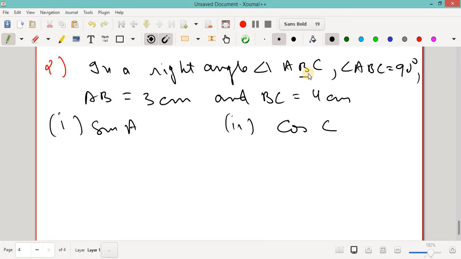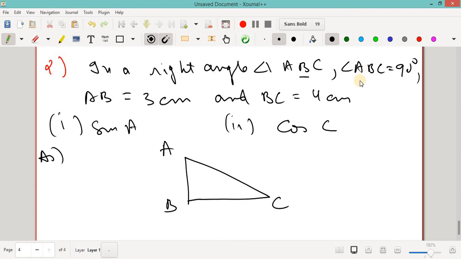In this type of question, the first thing we'll do is draw a diagram. And how to draw a diagram? Just draw like this. This is my diagram. This is A, this is B, this is C. Always remember this one, A, B, C. It is talking about B is 90, which means this is 90. The central angle, that is at the center, is your 90 degree. You can give this symbol, that's it. This is the symbol of 90 degree. Now AB is given. What is AB? 3 centimeter. Always give it like this so that it is clear to you. BC is your 4 centimeter. Give the unit also. And we have to find sin A, cos C.